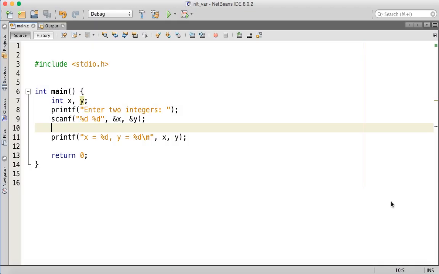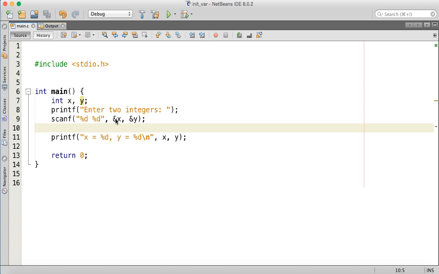In this program we have used the C library function scanf in order to take two integer numbers from the keyboard. When we execute this program, the program is going to ask the user to enter two integer numbers, and when the user provides two integer numbers from the keyboard, they are taken by the scanf function at line number 9. And scanf function assigns the first integer value to the variable x and the second one to the variable y,